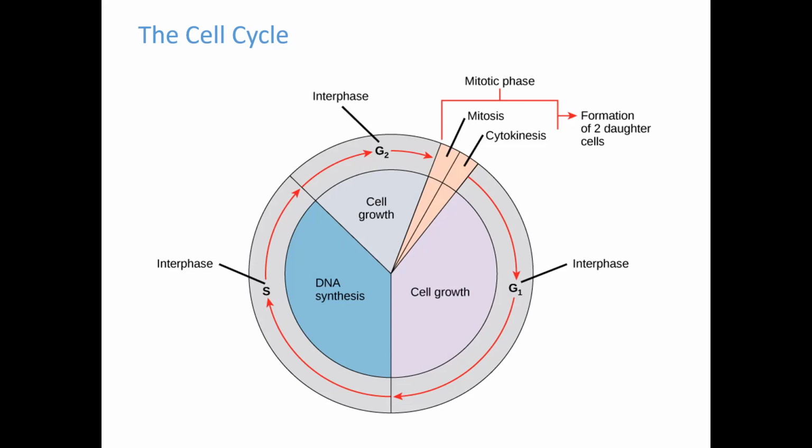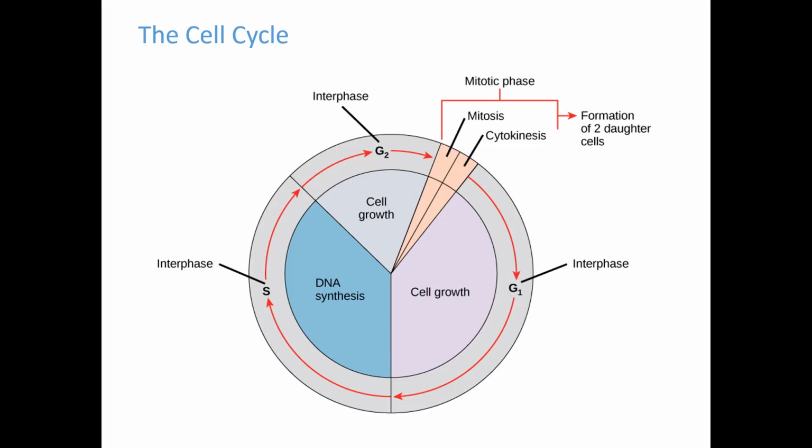But if we produce a perfect copy of our DNA, or we have two perfect copies, then we go immediately into the G2 phase and we start producing the enzymes and the proteins we need for cytokinesis and mitosis, and then we go right into mitosis. Now, in reality,